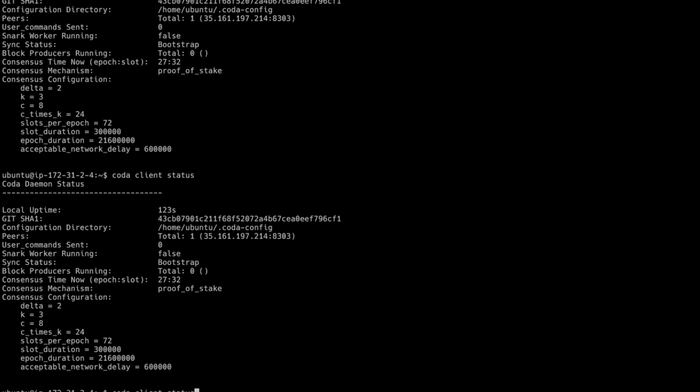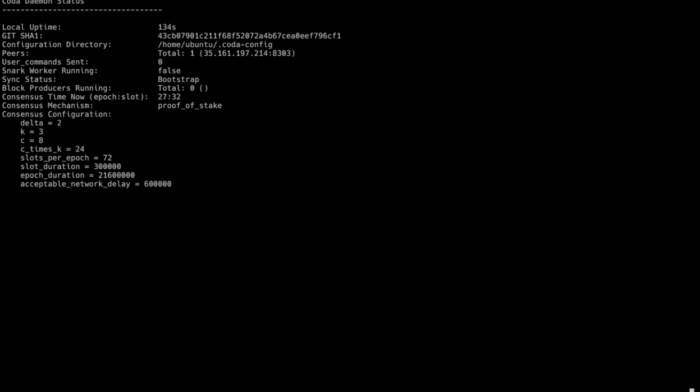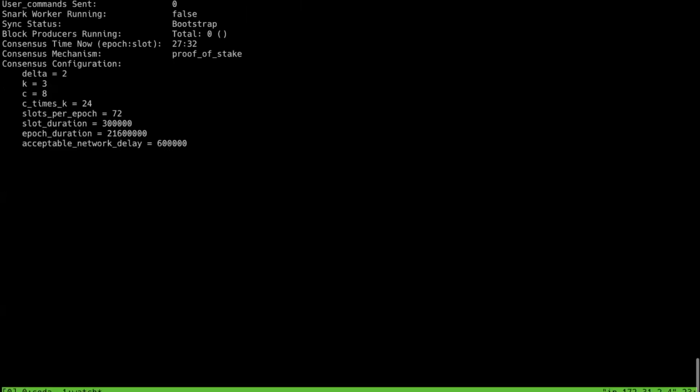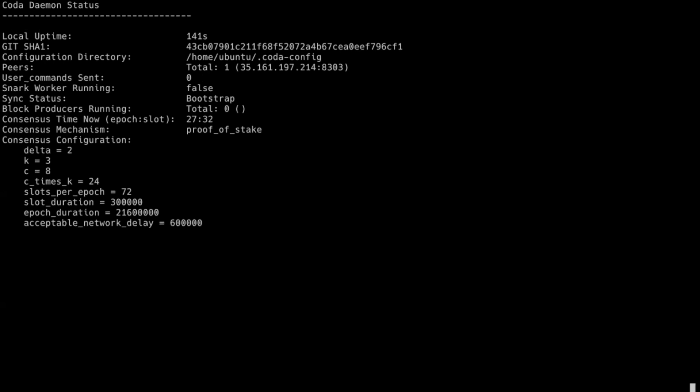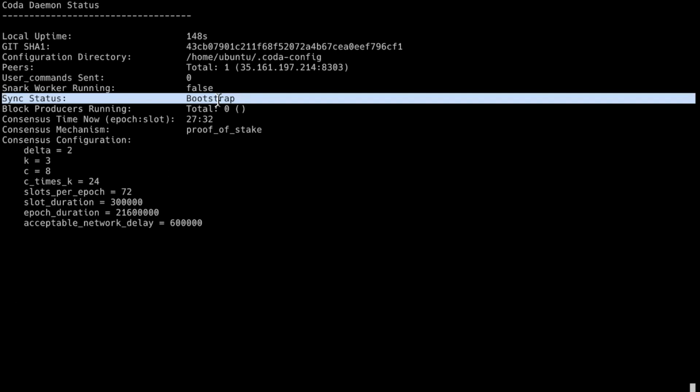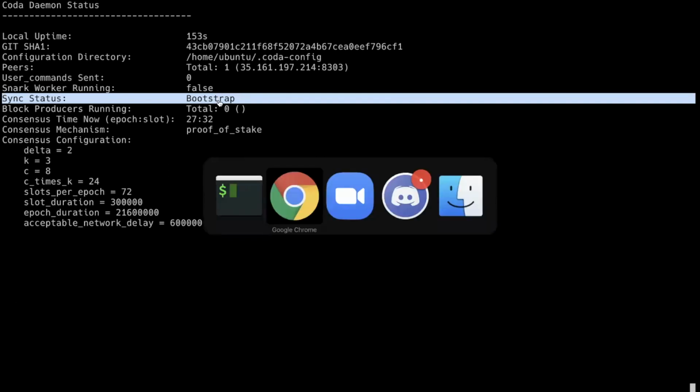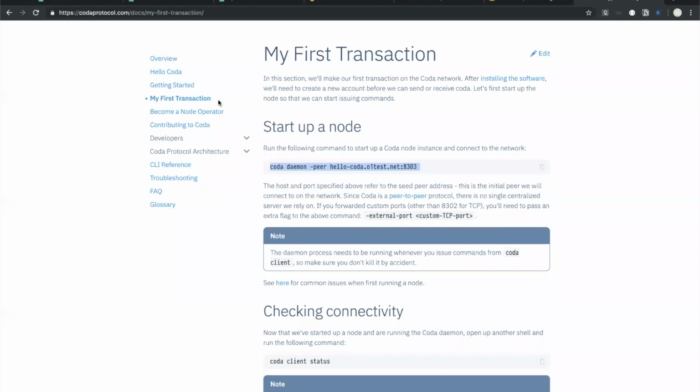I'll show you one of my favorite Linux hacks, the command watch. So I'm going to run watch Coda client status, and every 2 seconds, it will run that command and show me the output. So just up here in the window, I can lazily do this and not type it every second. So I'm hoping around 300 seconds, we will no longer be in sync status bootstrap, but move to sync status synced. And so let's go back to the instructions and see what they say about where we are and